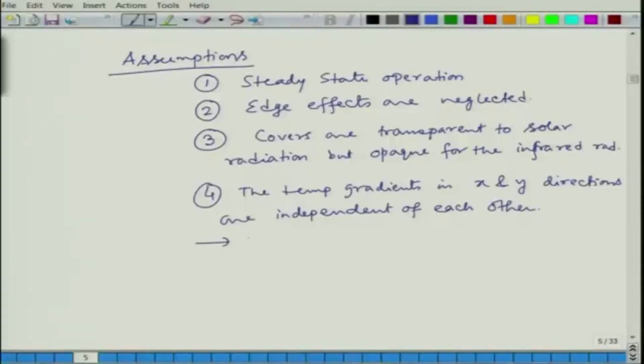When you went through the heat transfer course, you must have learned that one dimensional problems are much easier to handle compared to two dimensional, and three dimensional ones are mostly analytically intractable. You have to use numerical tools to find three dimensional solutions. So, we always prefer to have one dimensional problems if we can, and this is a reasonable assumption when we have